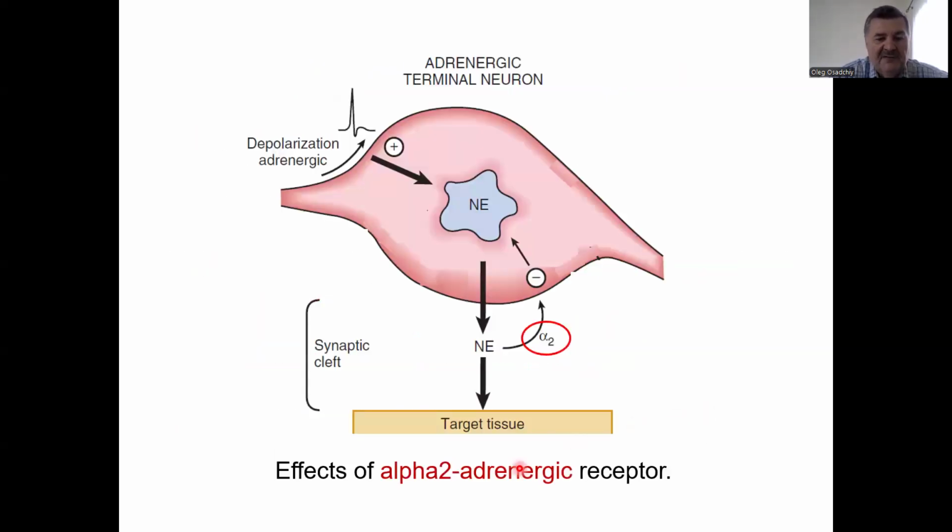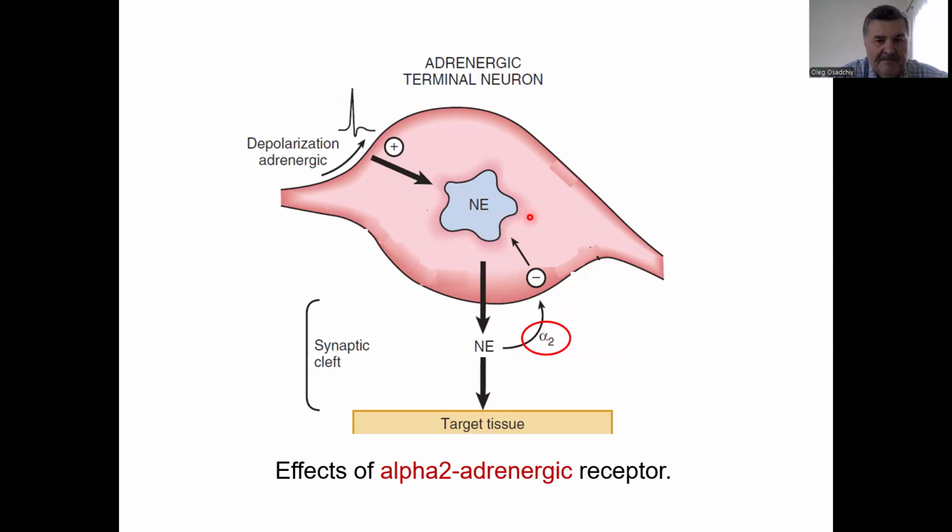Finally, we also have alpha-2 adrenergic receptors, and these receptors are localized on presynaptic terminals of the adrenergic neurons, where they control release of noradrenaline. Upon stimulation, the adrenergic neuron is releasing noradrenaline into the synaptic cleft, and noradrenaline is then producing effect on the target tissue. But in the meantime, noradrenaline also stimulates alpha-2 adrenergic receptor at the presynaptic terminal, which inhibits subsequent release